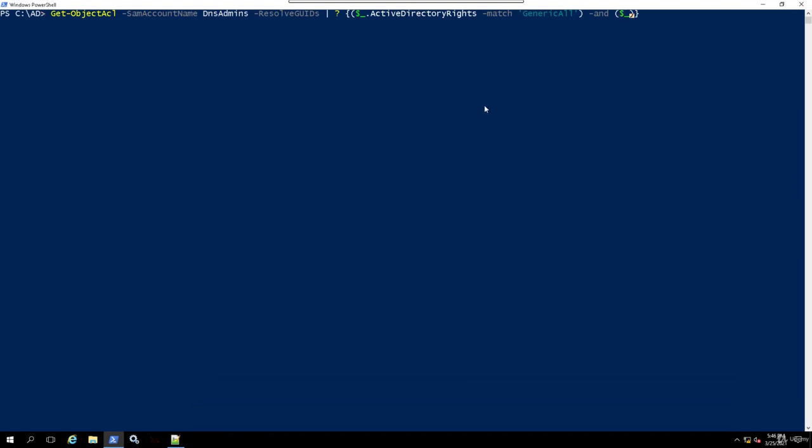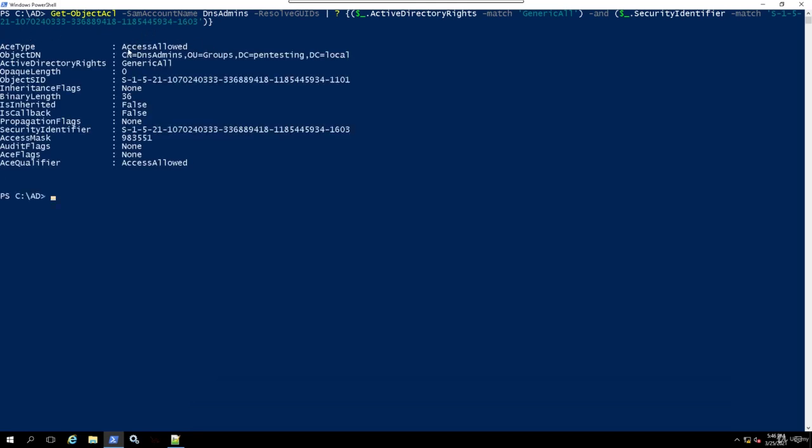So security identifier, see if I spell that right, security identifier, and I want it to match my security identifier, right? Let's see if that works. So let's see if my security identifier does match this, and you can see it right here, security identifier GenericAll